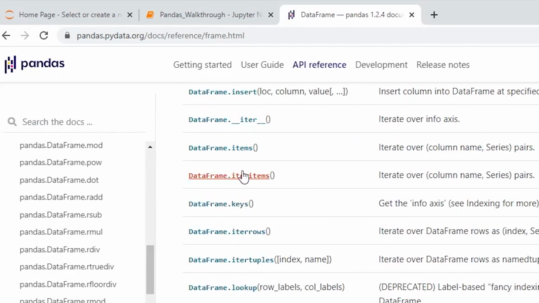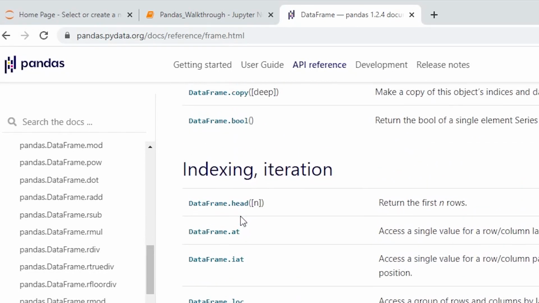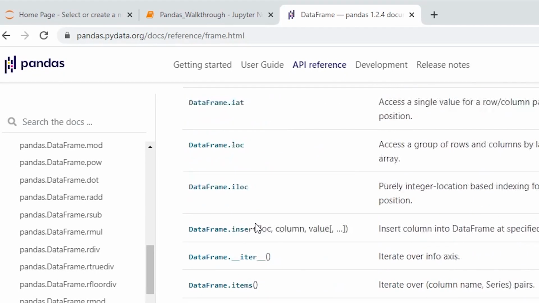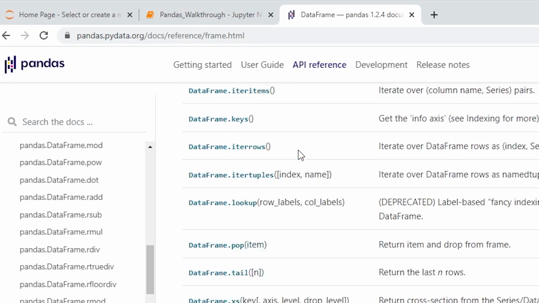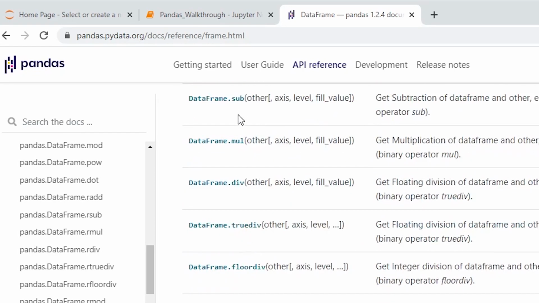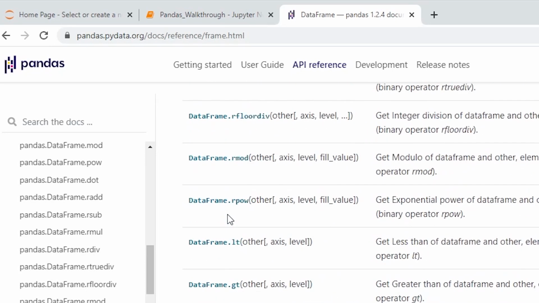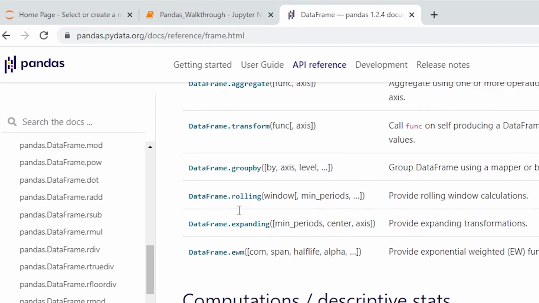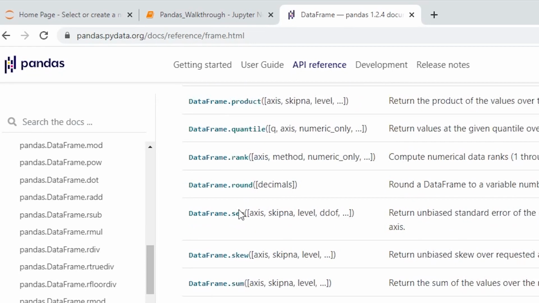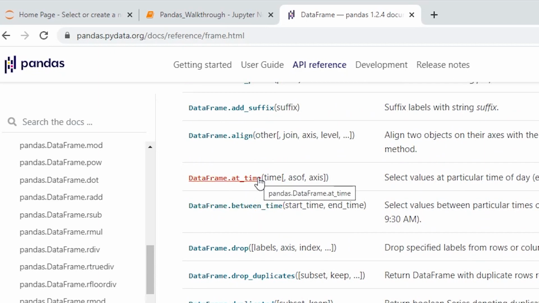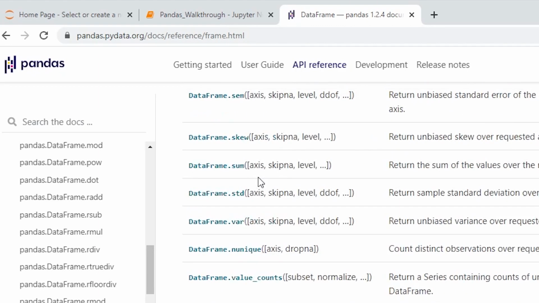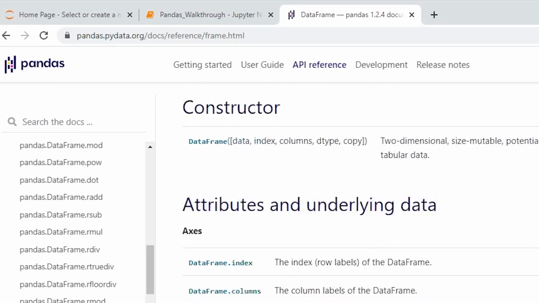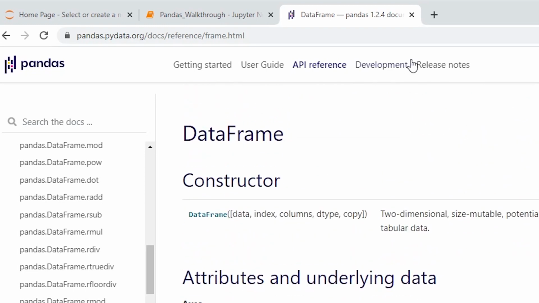Okay, see, loc is over here, iloc is over here. Okay, so this comes under indexing and iteration. Then there are binary operator functions like add, multiply, division, floor. See, these methods are impossible to teach, and these are very easy. So teaching them doesn't make any sense practically, if you ask me. All right, so that really doesn't make any sense.